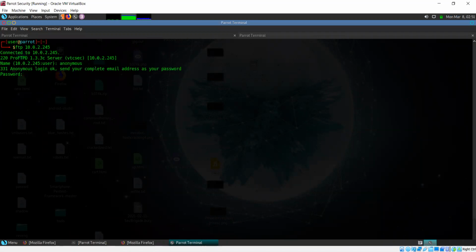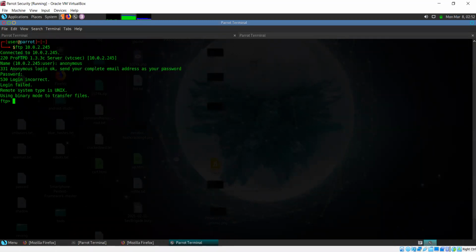Password can actually be anything, but it says login incorrect, login failed here because anonymous login is not available on this FTP server. If it were possible to do anonymous login on this server, then maybe we would have been able to find some interesting, useful files. But that is not the case.